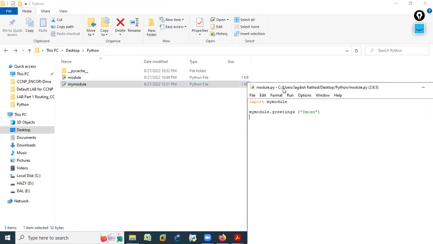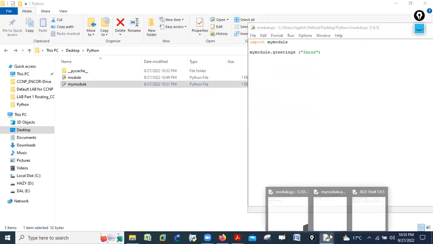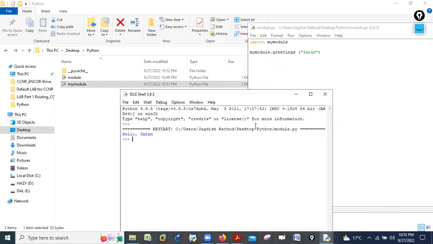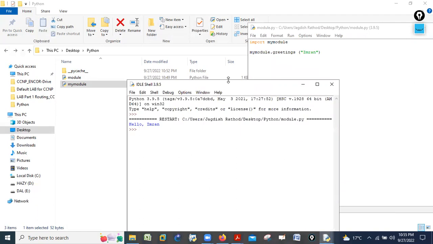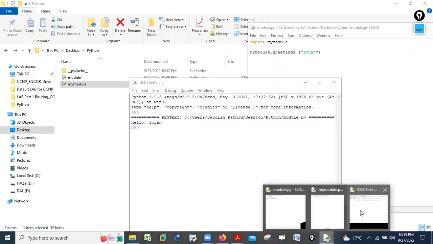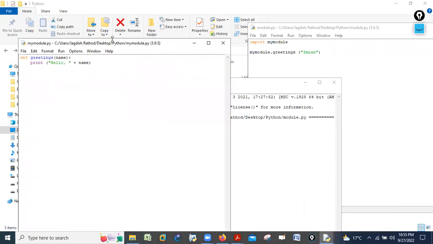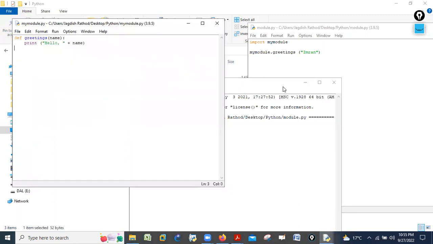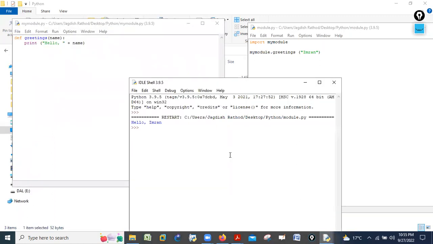And that output is the combination of file number 1 and file number 2. So this is my output, and this is my other file.